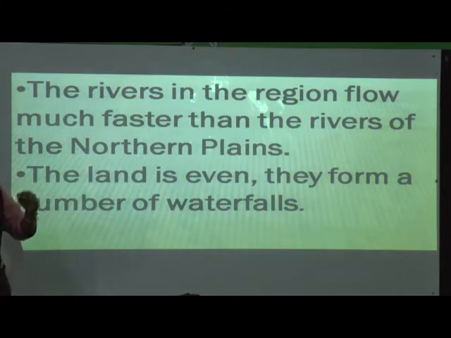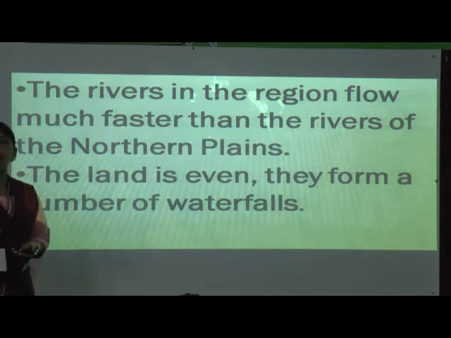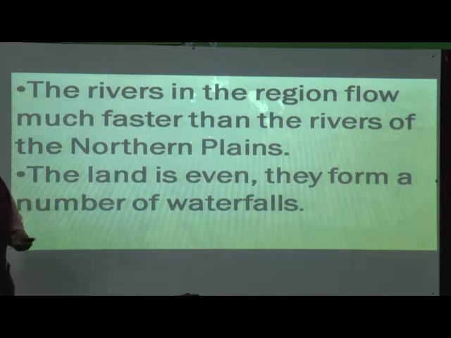Yes, because what happens when you are throwing that water on the land, it will flow because the land is flat. Whereas your friend is throwing from the upper side, what happens here? It is like a jog fall, correct? It is not soft, so it comes very fast. Understood? So it is the same here. The rivers in the region flow much faster.